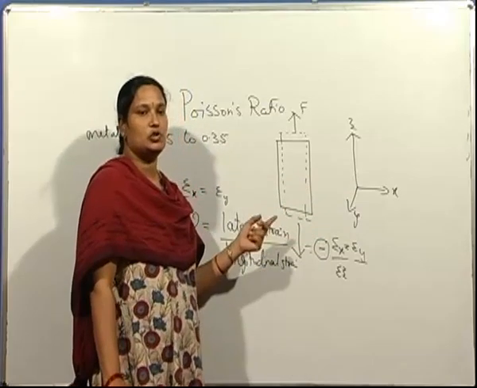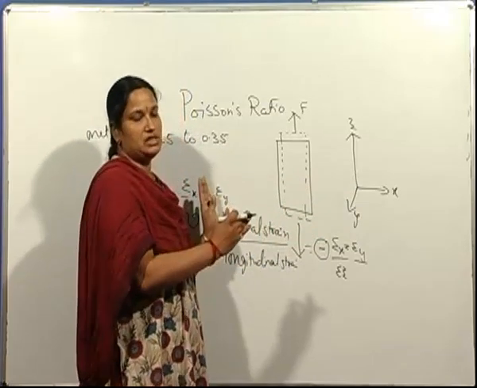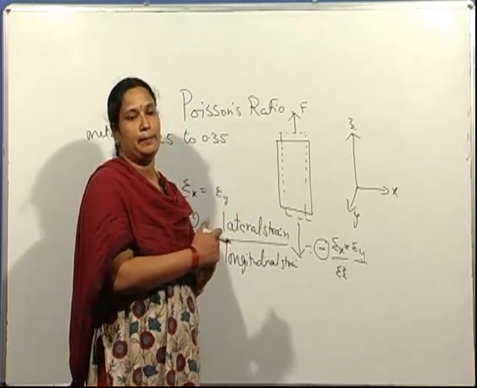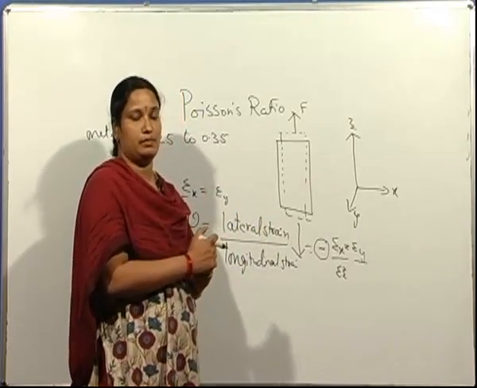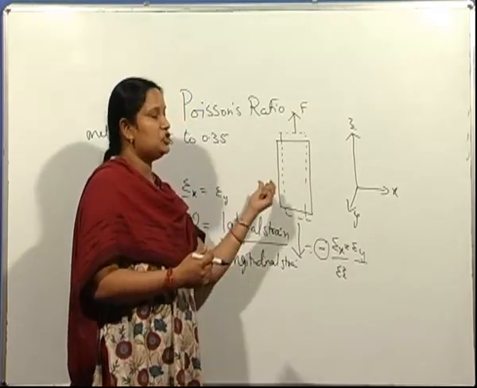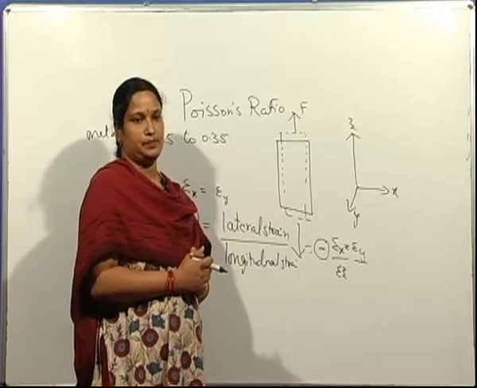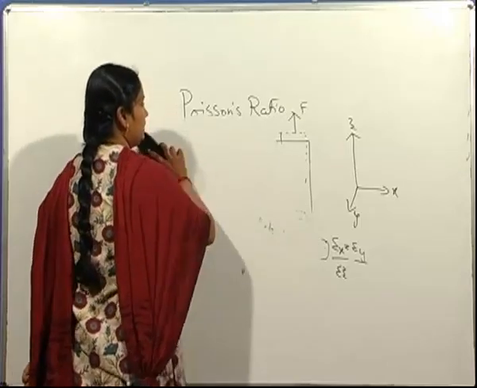Strain gauges are to be placed. So this Poisson's ratio cannot normally be measured by means of normal routine tests, because it requires very careful measurements of these strains. Apart from this, the other observation is